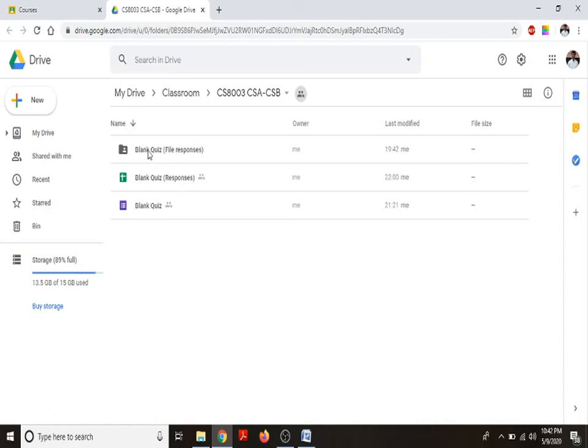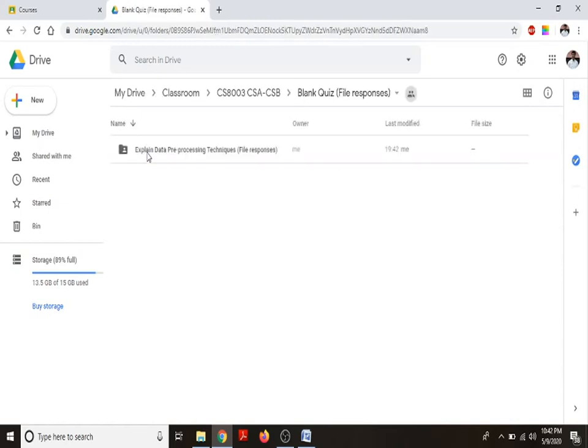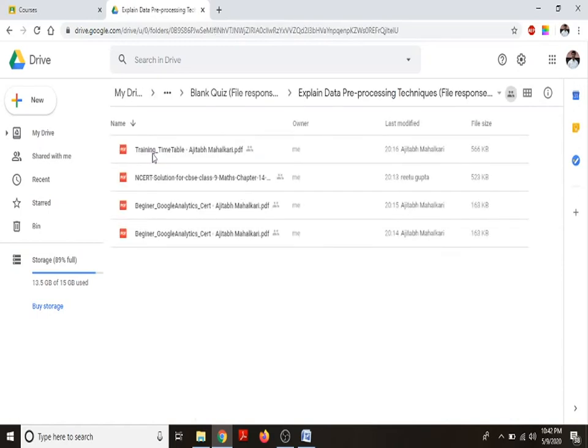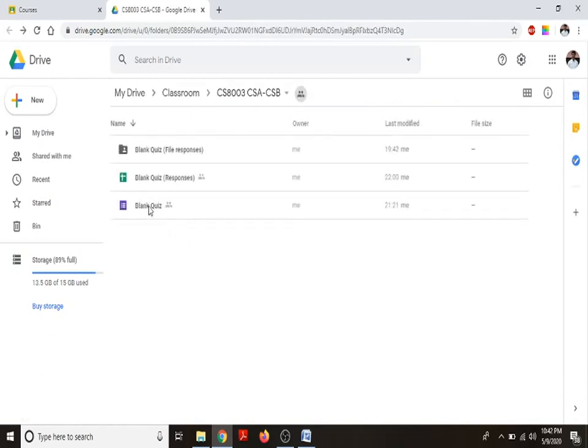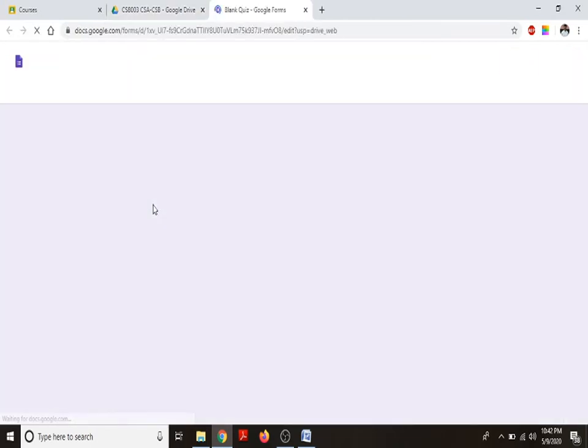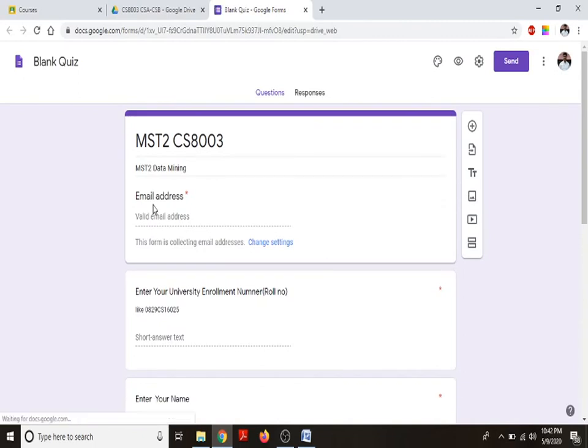That will be the Google Drive folder where the students' files, which they uploaded against the question, will be available. Then for the responses, you need to click on blank quiz, or if you renamed it, the name will be available here. You can double click on that, and you will find the same things.